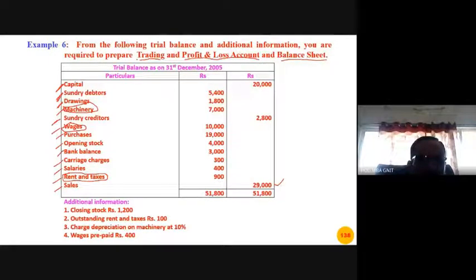From the trial balance, you have taken all the accounts. Okay, everything is marked. Yes, now come to the adjustments. So closing stock. Every adjustment is taken twice. Closing stock, once it is taken on the credit side of a trading account, again it is shown as an asset because this is the stock on the closing day. This is the stock on 31st December 2005. So this is an asset. Once it is taken on the credit side of a trading account, again it is shown as the asset in the balance sheet. Let us first of all show it on the credit side of a trading account.